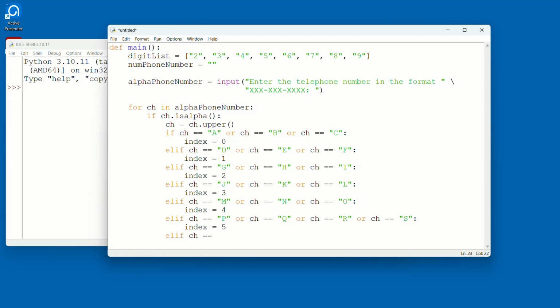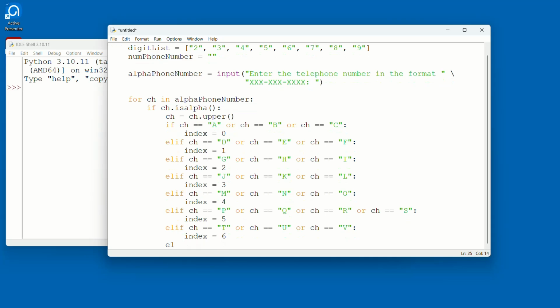Else if ch equals T or ch equals U or ch equals V, index equals 6. And then the last one, else if ch equals W or ch equals X or ch equals Y or ch equals Z,